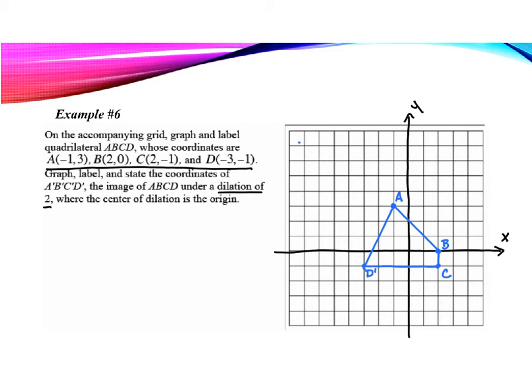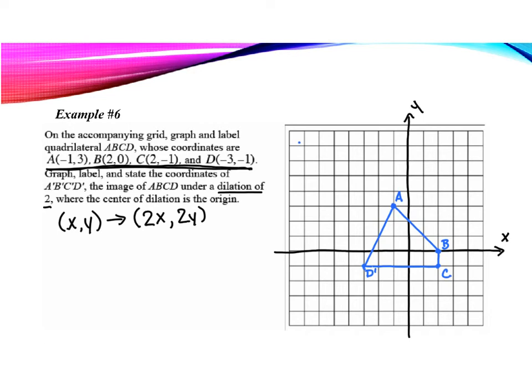That 2 right there is our scale factor. So in our rule, (x, y) is going to change to (2x, 2y). We're going to be multiplying all of our x and y values that we were given up here